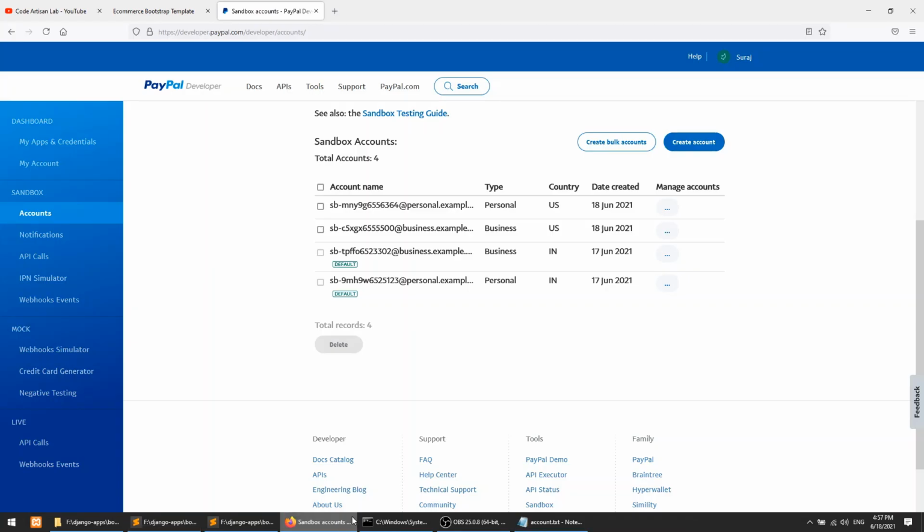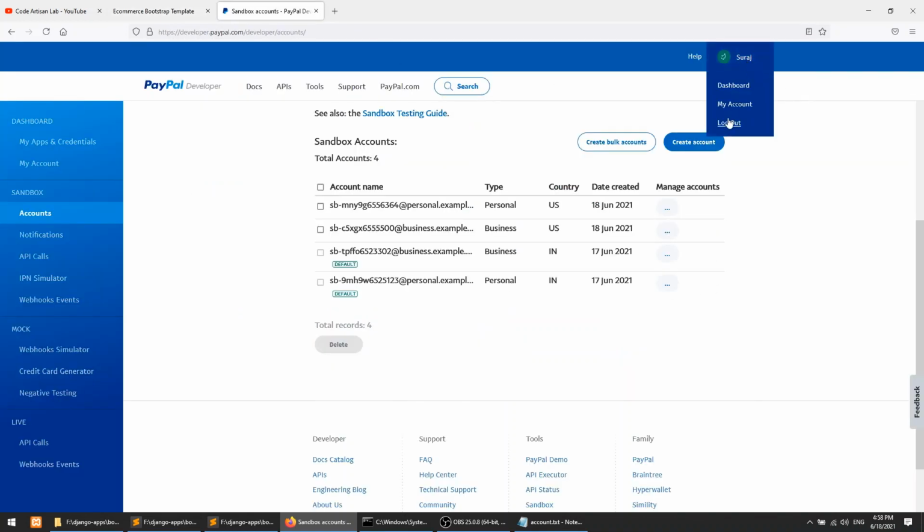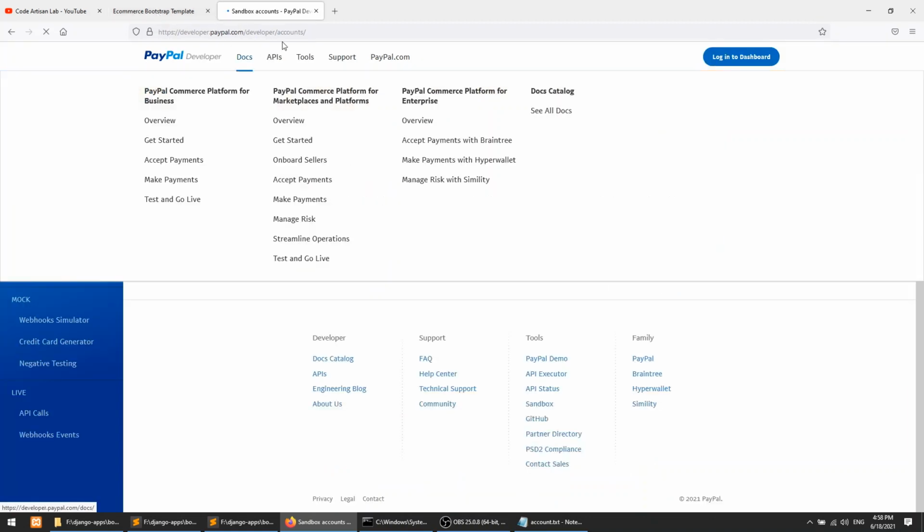You can create multiple sandbox accounts according to your currency or according to your country, and that country and currency should be accepted by PayPal. Okay, I will log out from here. This is the simple process.